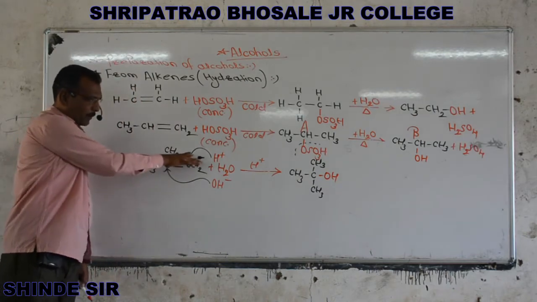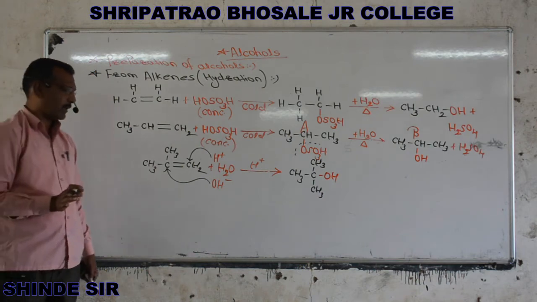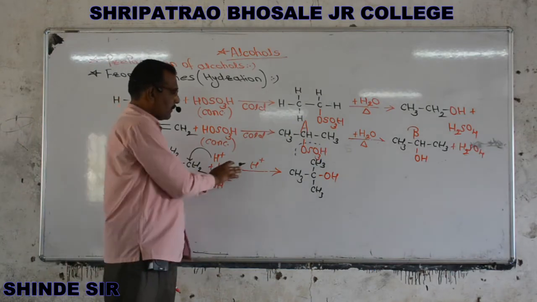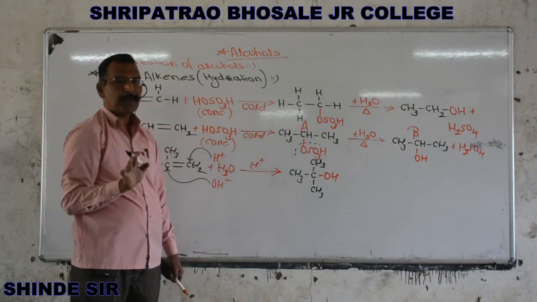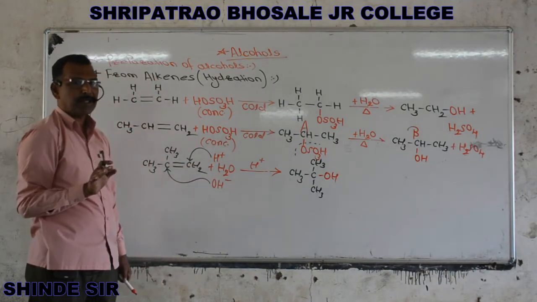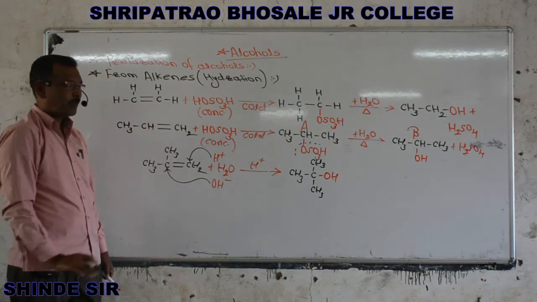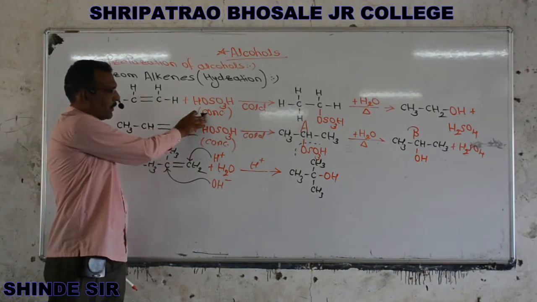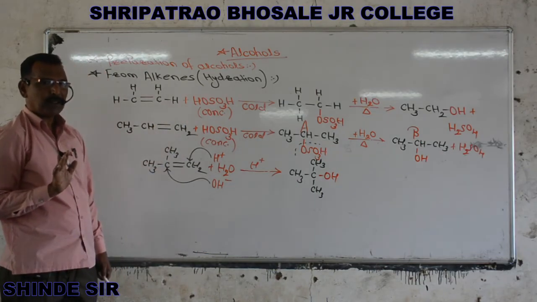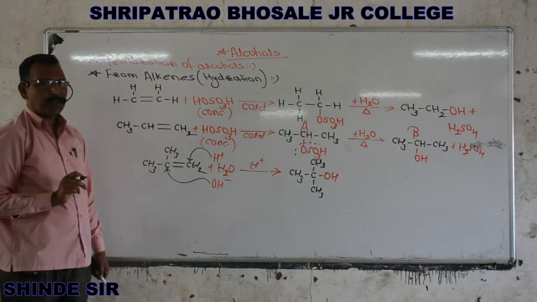Here, for the preparation of tertiary alcohols, we have to carry out direct hydration, that is, direct addition of a water molecule. The only condition is that the reaction must be carried out in the presence of 50% sulfuric acid. The acid acts as a catalyst in this reaction. This reaction is also called an acid catalyzed hydration reaction, because the acid which we have taken here acts as a catalyst. Is it clear? So this is the most important reaction for the preparation of alcohols.